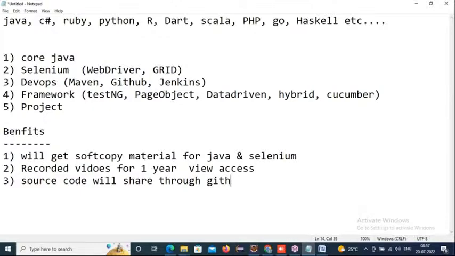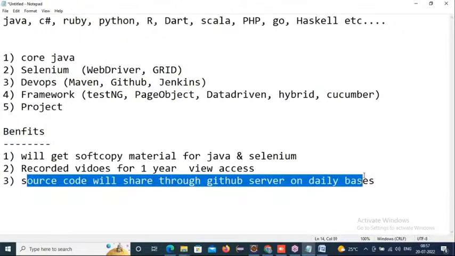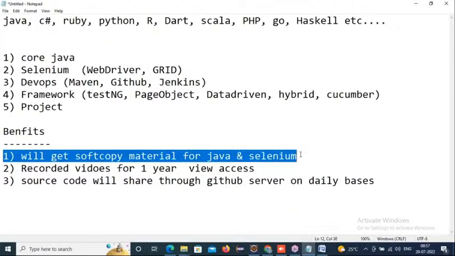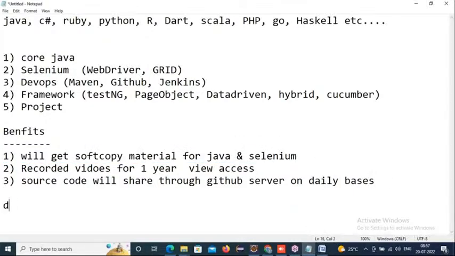So source code will be shared through the GitHub server on a daily basis. Whatever programs I build in front of you, I will commit in GitHub and share with everyone, so that is one of the sources for you to practice. And recorded videos will have 1 year view access, and soft copy material for Java and Selenium will be shared. And the course duration will be